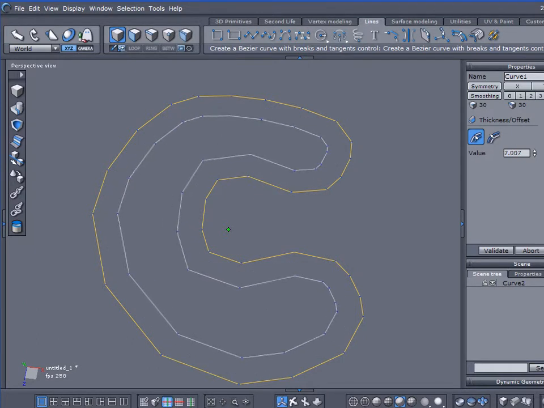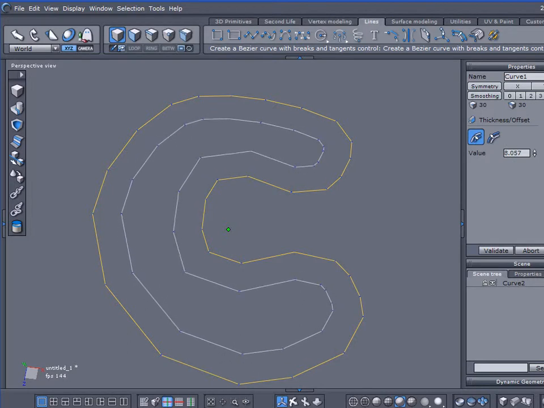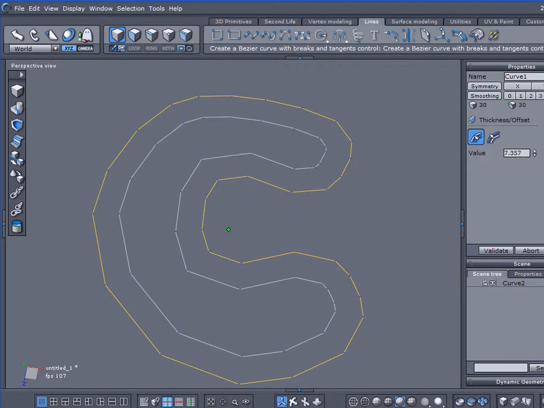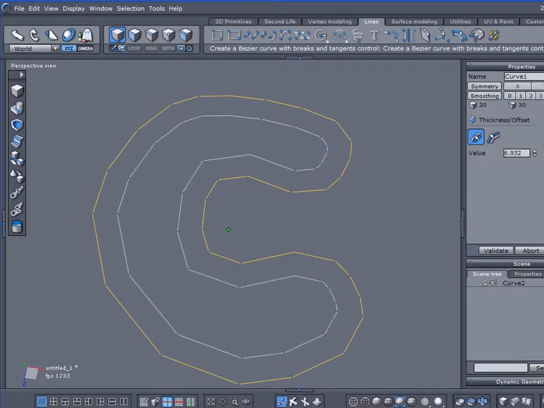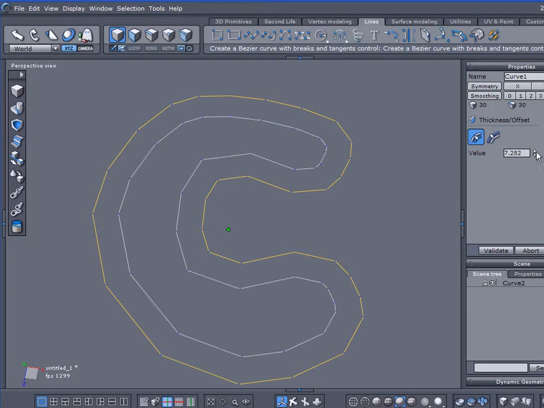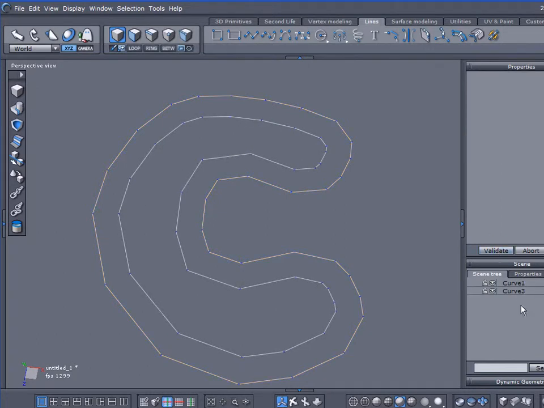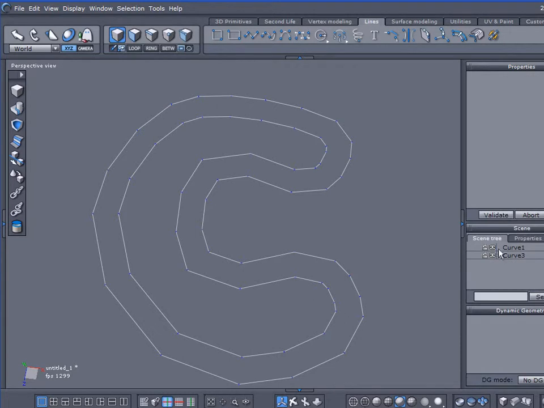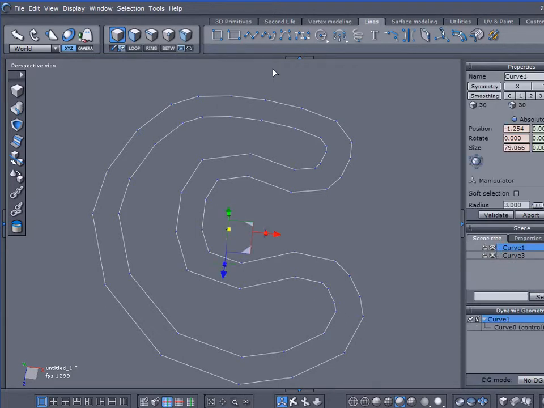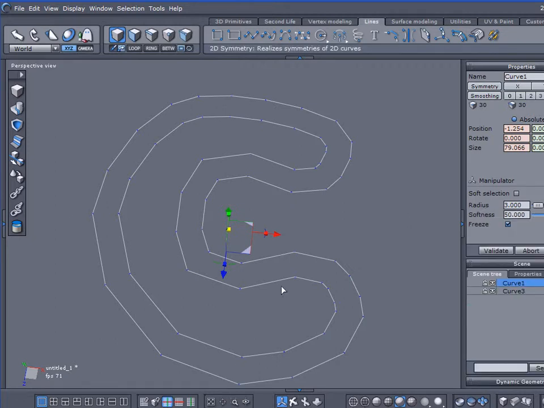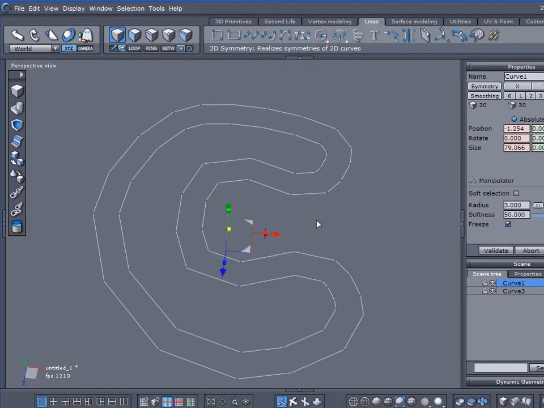But because we have a low number of points to start with, we can actually get away with scaling inwards a little bit more. So I'm going to scale in to about right there, and I'll validate that. That looks good. We won't be using any dynamic geometry, but the very first line that we created, the polyline, does have dynamic geometry applied to it, so I'm just going to disable that, and we don't need that anymore. Okay, so we've got our race